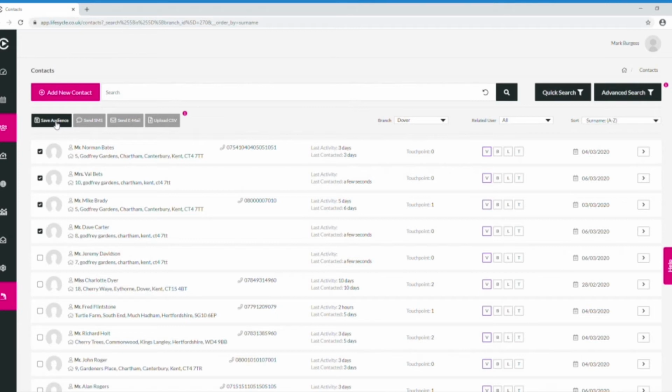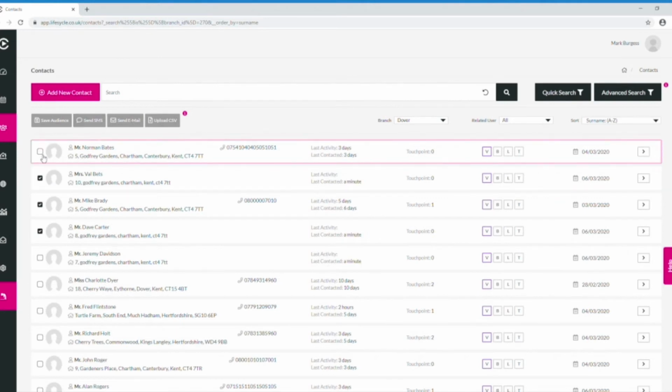A static list means that there's nothing that you will do inside Lifecycle that will take that person in or out of that list automatically. If you tick them and save them as an audience, they'll just stay in there, as opposed to a dynamic list, which you can create in audiences, whereby you're putting people in lists based on things that may change, like their status or the number of touch points they've had, that sort of stuff. So I could save an audience here if I wanted to make some sort of mailing list,